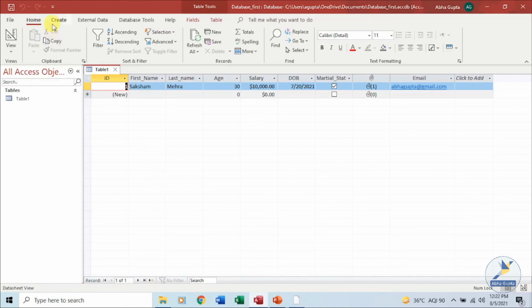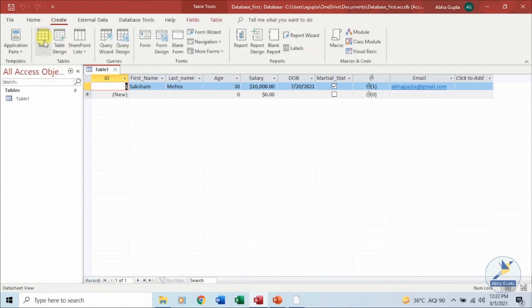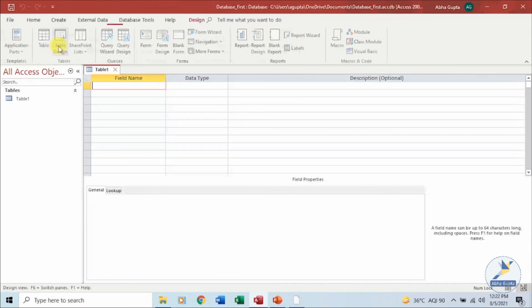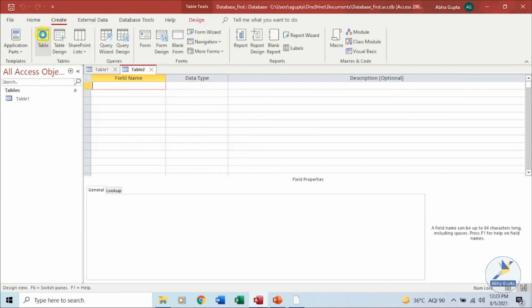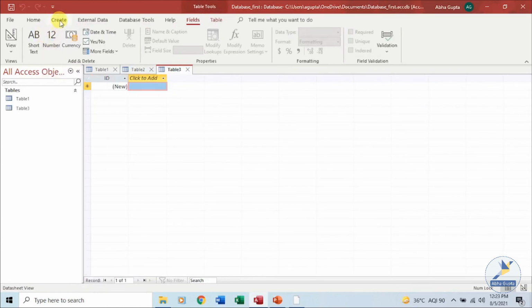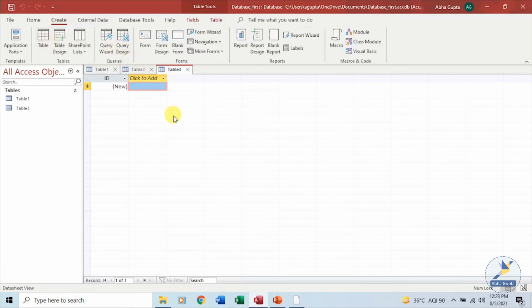Plus, anytime you want to create a new table, you can always click on create, and from here you can open the table design view. You can create a blank table for yourself. If I click over here, a blank table in the design view will open for me to enter the field names and the data type. If we click on this first icon, the command over there, it will open the data sheet view for me. So from the create tab also, we can open a table design view and the data sheet view.